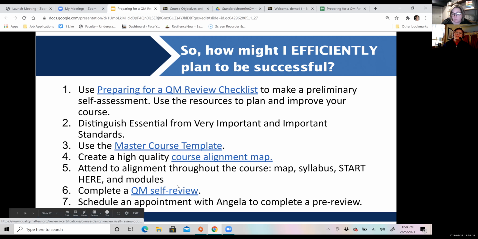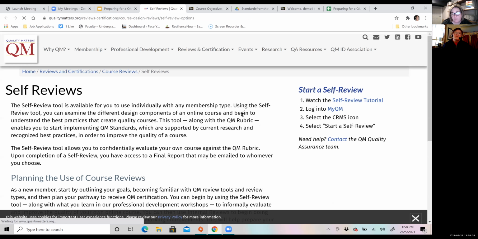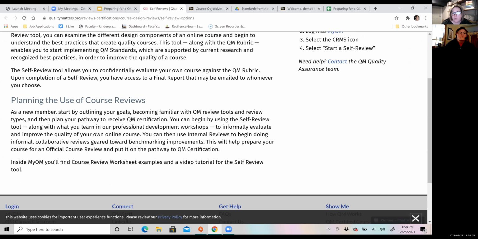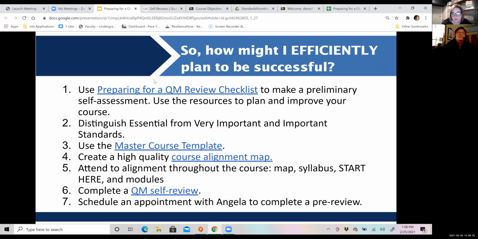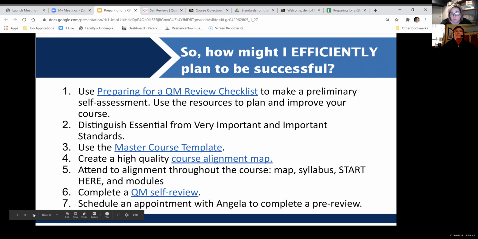The QM self-review is an official process that you can put yourself through on the QM website. And if you click on that link in the future, there's some information here about how to go through a self-review once you're registered inside of the QM system. And you can always make an appointment with me to get help, or even just drop me an email and say, hey, Angela, would you do a pre-review of my course for me? And I'll use that chart that I shared with you previously, those sheets, and I'll give you some feedback